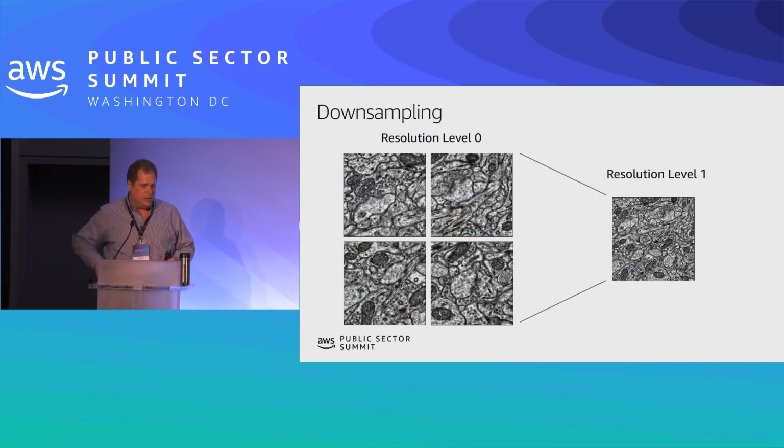Okay, so now I want to go through an example where we're actually using our step function again, and this is downsampling. So downsampling, after our researchers actually uploaded their data, they oftentimes want to pull back and see the data from farther away, kind of like you would do in Google Maps. Sometimes you're looking at the street level, other times you want to see the state or nation level. You don't want to download all of the streets just when you're looking at the state level. So we create these resolution levels, and you can see in this example, we're taking 4 tiles, 4 cuboids at resolution 0, and combining them into a single one at resolution 1.